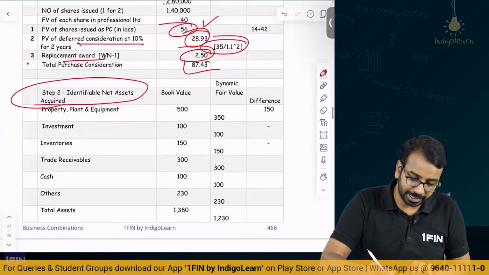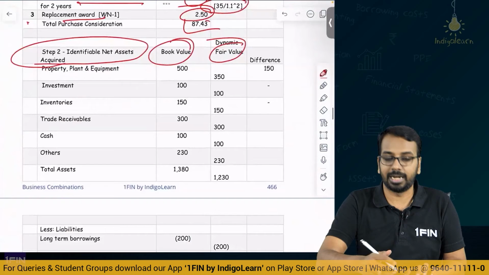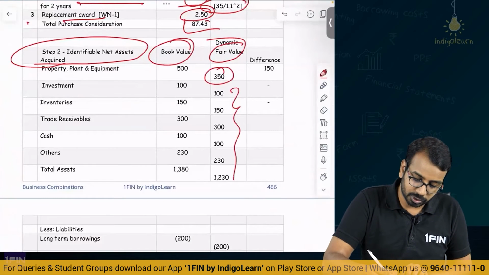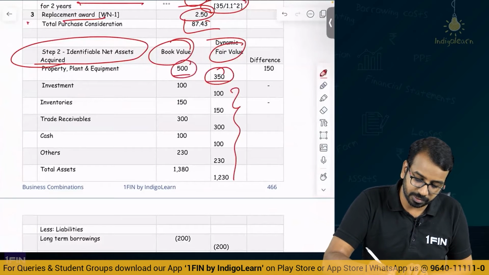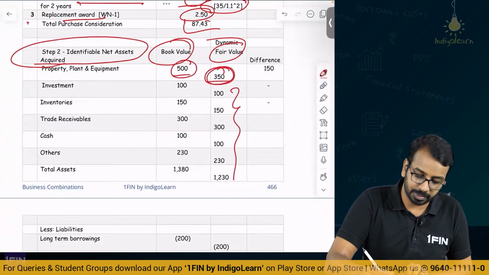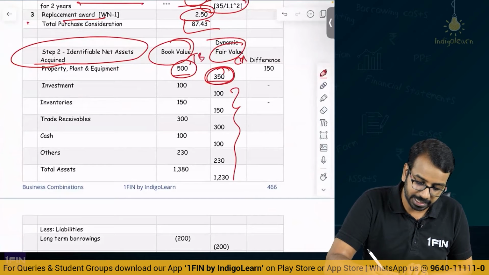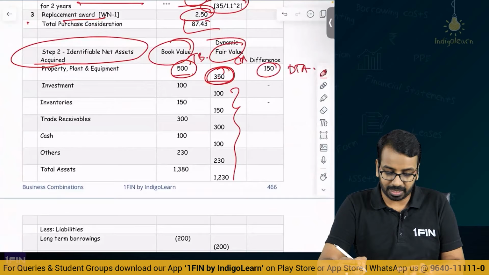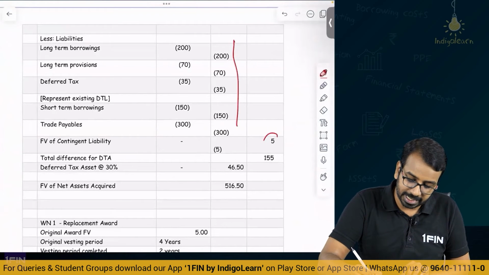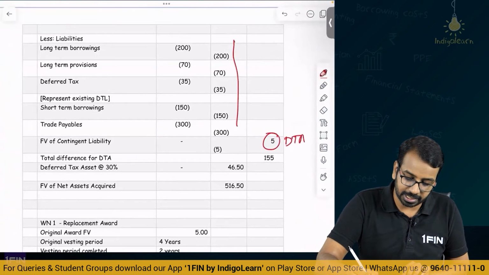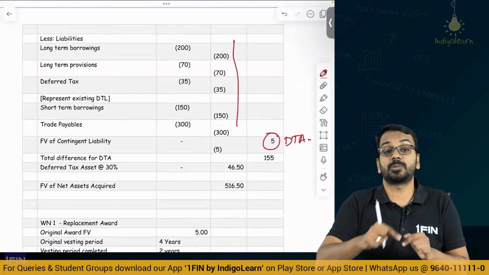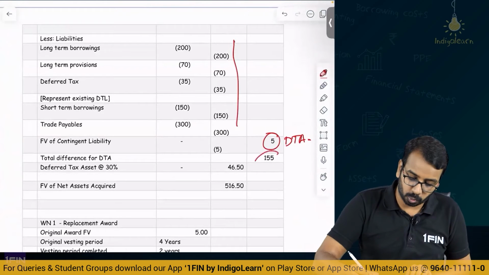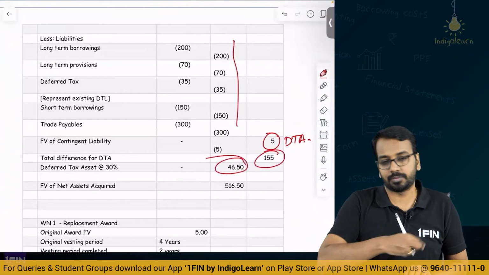So what you can do is, you can take the book value and the fair value and calculate line by line. So only PPE is different, all of these are same. So now here 500 minus 350, book value is higher, fair value is lower. This becomes my carrying amount, this is my tax base. 500 minus 350, 150 will create a DTA, right? Same way plot all the liabilities, and here this is also creating a DTA because the liability as per books has become higher and the liability for tax purpose is lower. So 155 will create DTA, we get 46.5, same number.